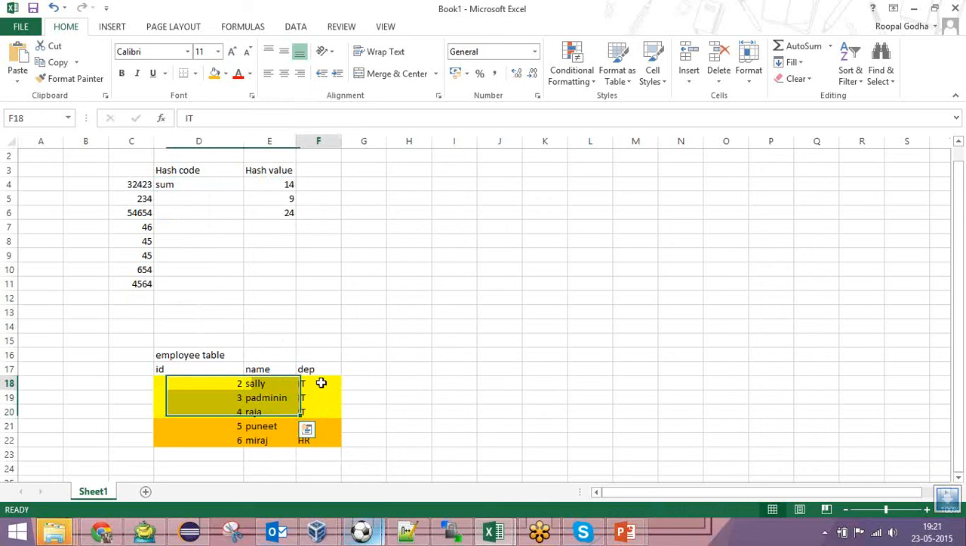So the mapper will emit something like this key. All your MapReduce code talks in key and value pairs. You have to define some key on your data and some value on your data. At the backend, everything is written in the file system as comma separated values. It will read something like this: 2, Sally, IT, 3, Padmani, IT, 4, Raja, IT, 5, Puneet, HR, 6, Miraj, HR. But in your MapReduce code on the mapper side, what you will say is my key is